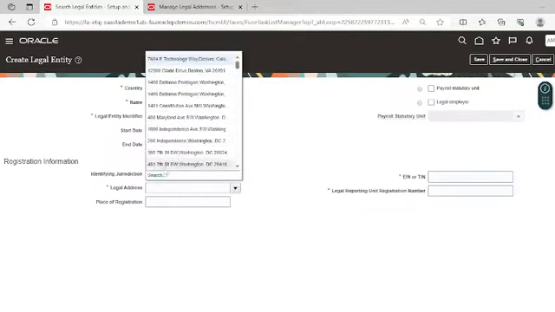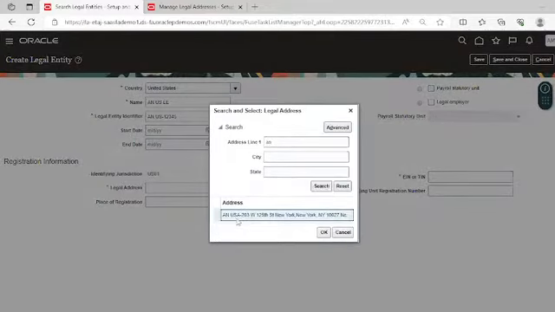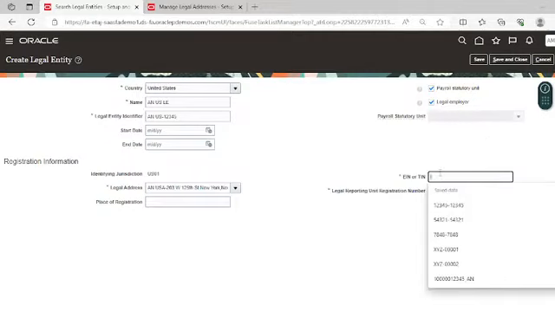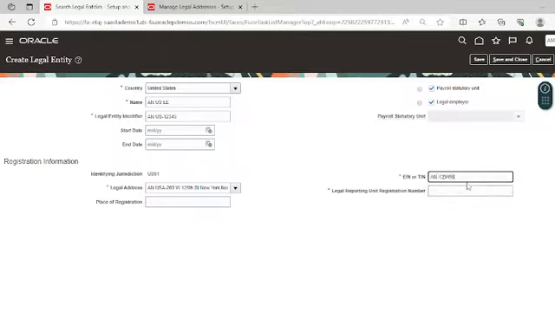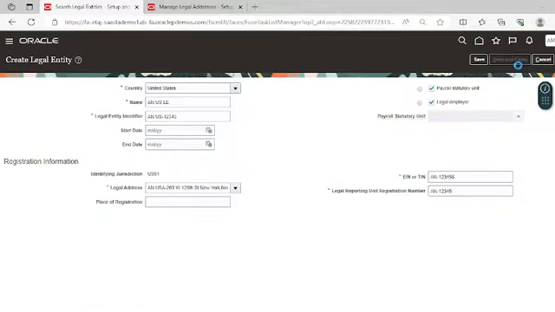Associate the legal address that we have created for the United States office of this Aeronet Group. This is the address that we have created. Again, give here the EIN number or TIN number. So I am giving these numbers on a random basis, only for practice purposes. Click on Save and Close.